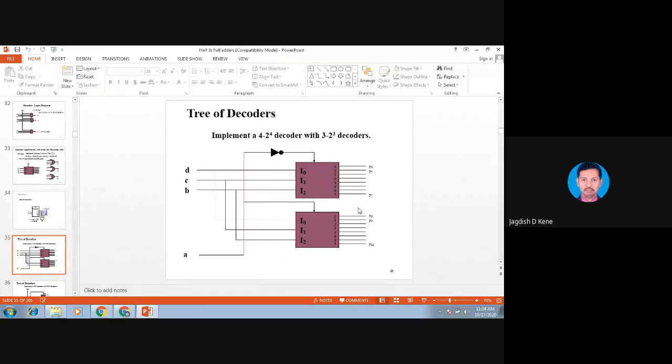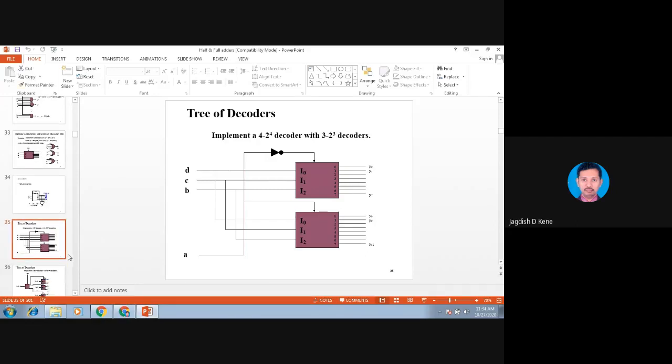You may design a 4 to 16 decoder, and a 5 to 32 decoder by using 4 to 16 decoders. Likewise, you can design them, and questions come based on this.